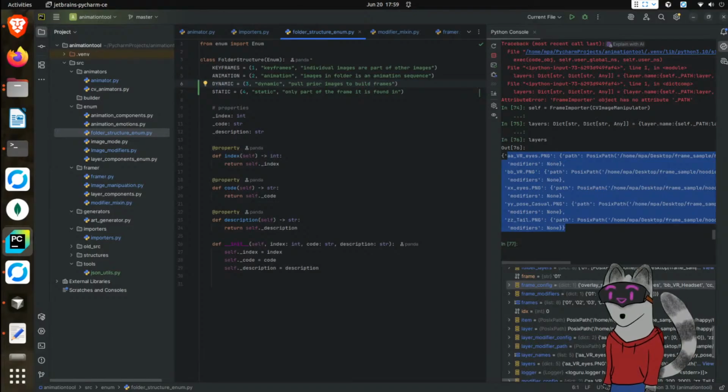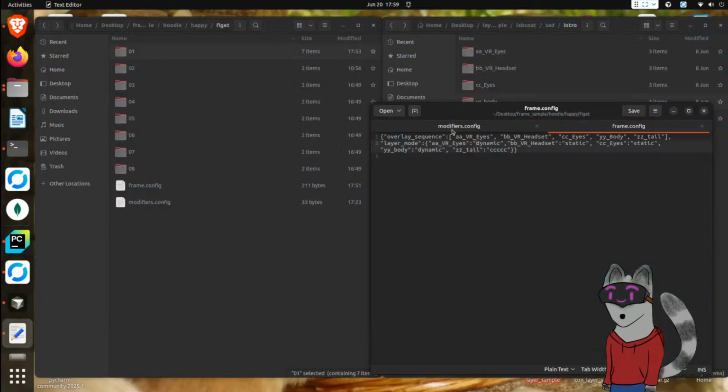something that we're going to do with body. I think that we can be keyframe or keyframes. And that way it would be, yeah, we can call this keyframes then. So that means in this particular image, there we go. In this particular image, our layer modes, our eyes, our VR eyes,